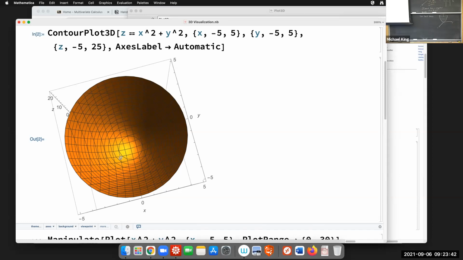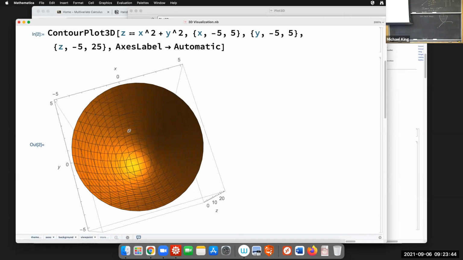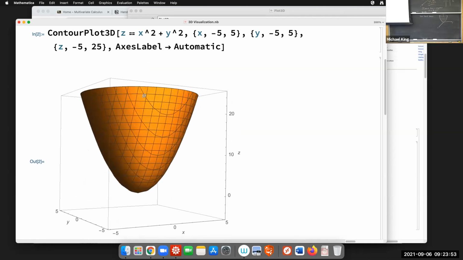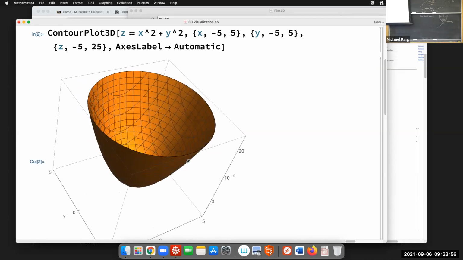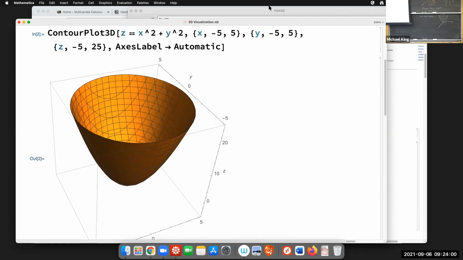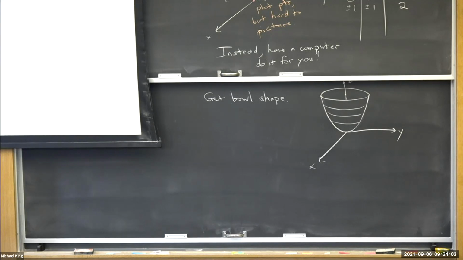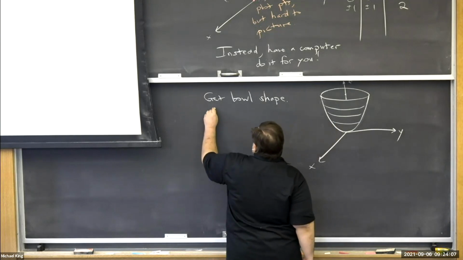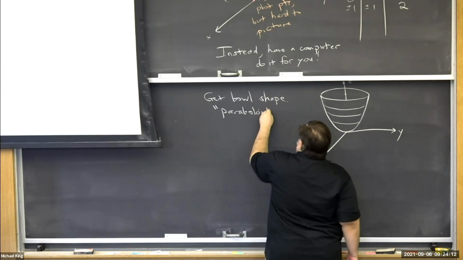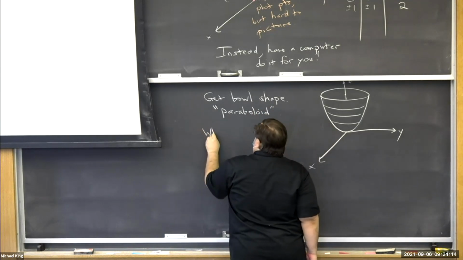But if you look from above, you see all these circles, right? And if you look from the side, you actually see sort of parabola shapes. And so the question is, why does it have the shape that it has? This is going to be a clue. This is called a paraboloid. And if you want to ask why,